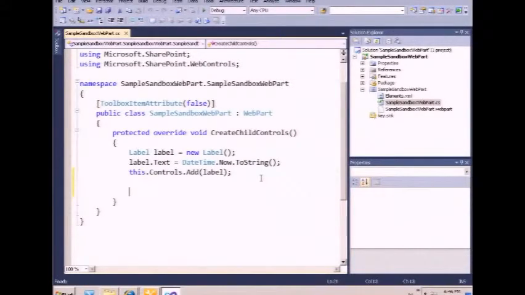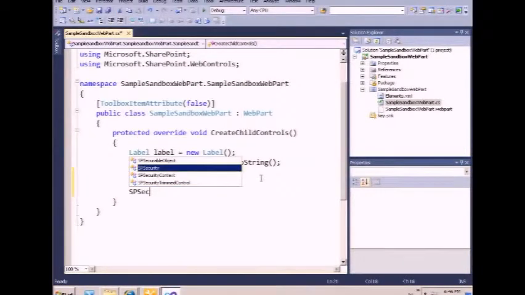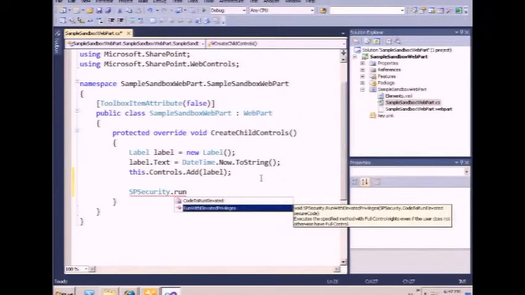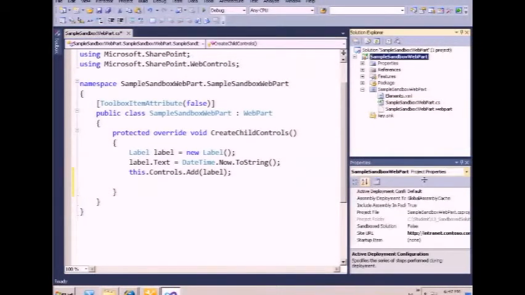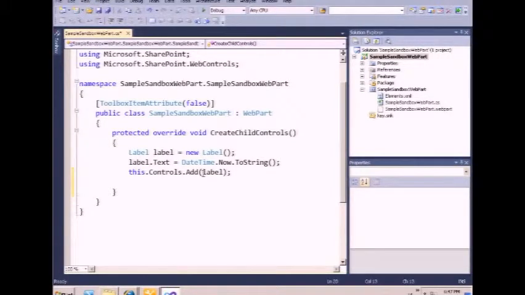Now, one of the things I'm used to being able to do is look at SPSecurity and call RunWithElevatedPrivileges. That's not allowed in the Sandbox, because that's a really dangerous thing to do. You can see that I'm allowed to do it here because I said this is not a Sandbox solution. But if I go back and change that to true, it now is a Sandbox solution,